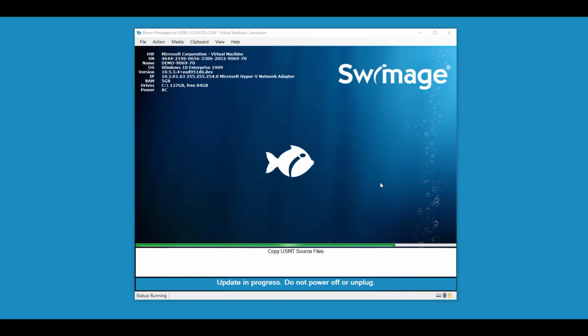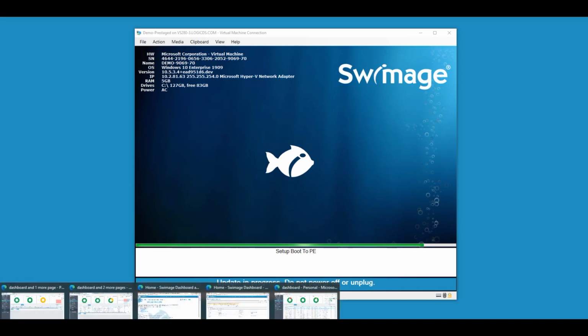So it does lock the system. You do have full access as an administrator to get to this if you needed to, but the general public will not have access to this lock screen while it's going through the entire process. Okay, so that's going to run. We can go into the